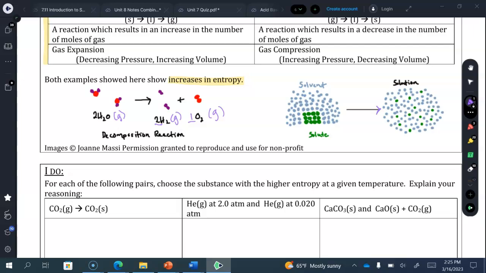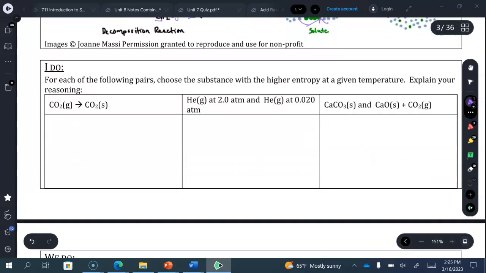Dissolving allows this solid to enter into an aqueous state and have more microstates available for it to occupy. Because it goes from being able to occupy very few microstates to quite a few microstates in a solution, this is also an increase in entropy. Okay, so let's look at this